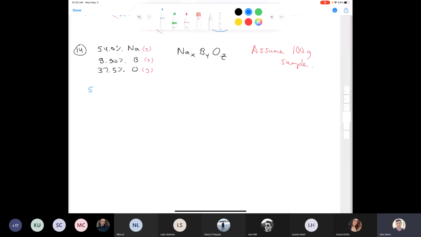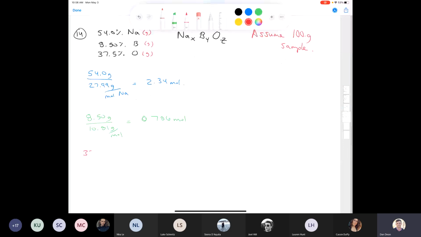So we have 54.0 grams of sodium divided by 27.99 grams per mole of sodium, and we end up with 2.34 moles. That's for our sodium. For our boron, we have 8.50 grams divided by the molar mass of boron, which is 10.81 grams per mole, and we end up with 0.786 moles. We do the same thing for the oxygen. We have 37.5 grams divided by 16.00 grams per mole of oxygen, and we end up with